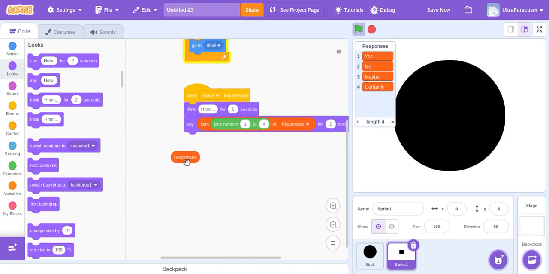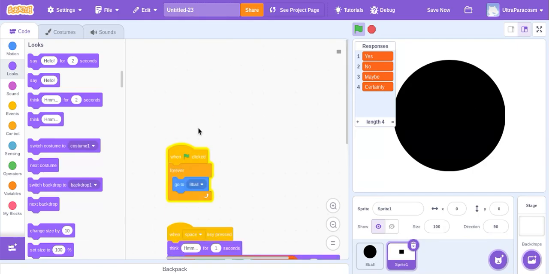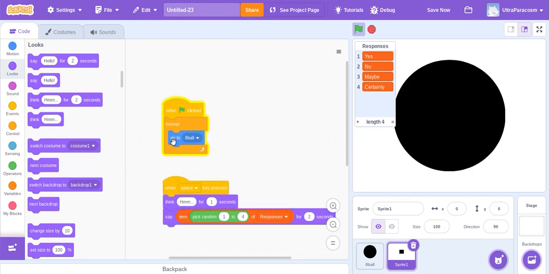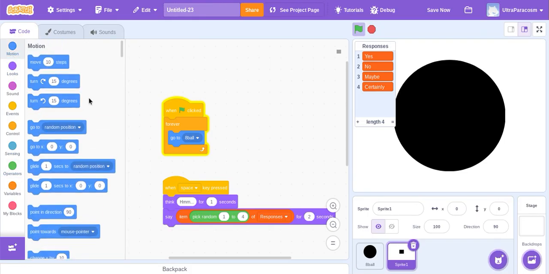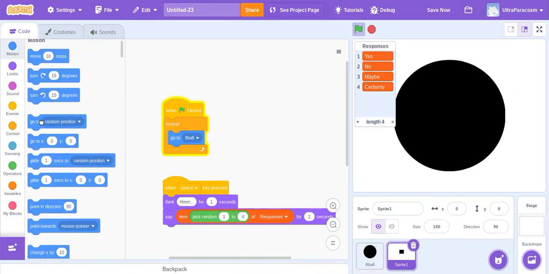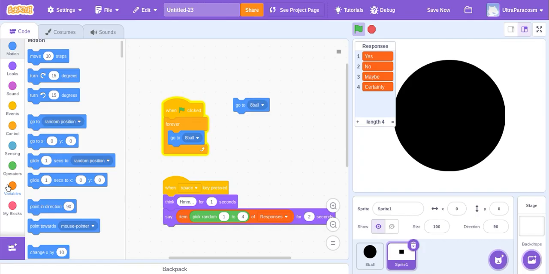Now you can either do when space key pressed or forever if key space pressed, but I think when space key pressed is easier. Now you might notice that this is a bit offset, so we might want to move that a little bit over. So we'll just give it go to, because if we want to move the 8 ball, then that's a big problem. So we want it to go to random position, change it to 8 ball as we have, but then